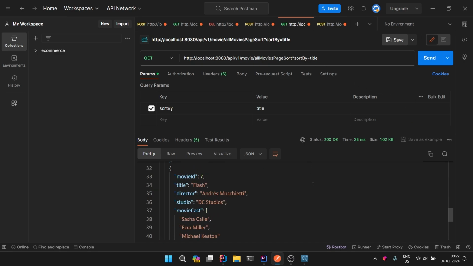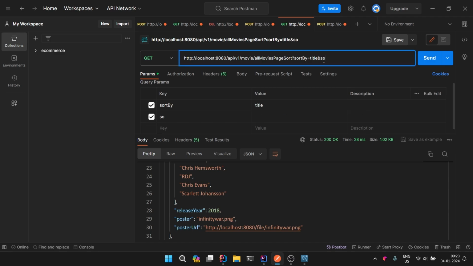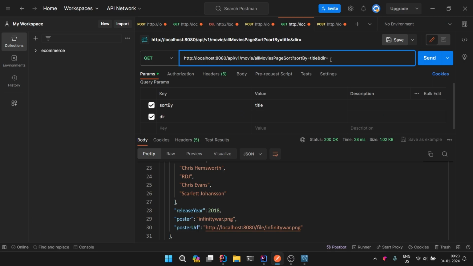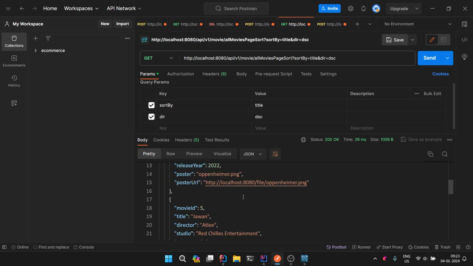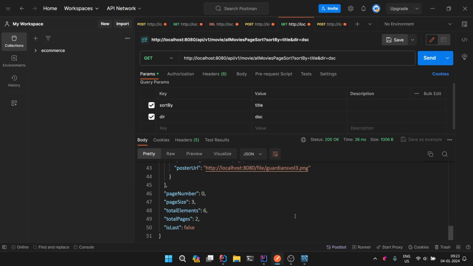You can sort by anything, maybe by studio, by director, or by release year. It's completely up to you. Also you can give dir equal to desc, for descending. If I pass this, you can see the last in alphabetical order is coming first, and then we have this, and then we have this. So this is how we are